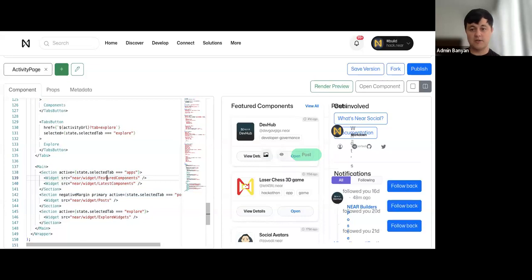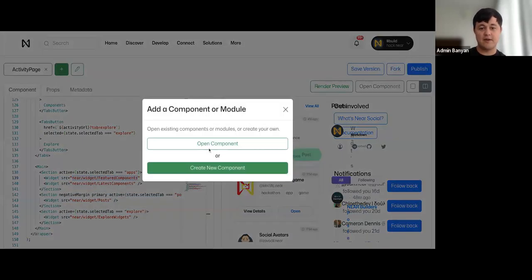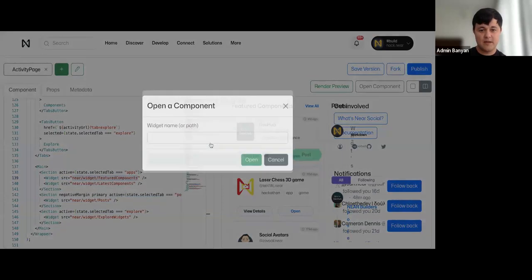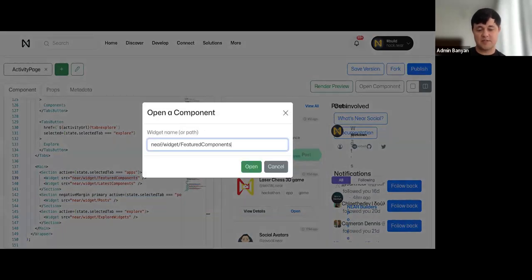If you're following along, you can find the activity page component, and you can copy this path. And what you might want to do, which is a bit of a shortcut, is hit this green plus and then open a component, and you just give it the path